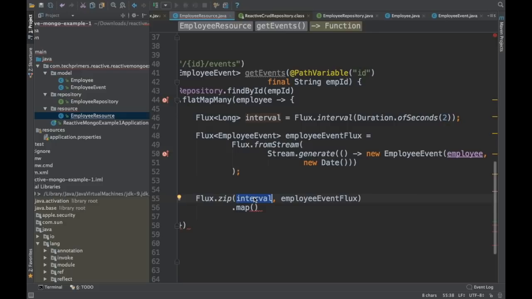So that is when the zip is used. You have to have two separate fluxes and then you can zip them together. So I'm going to have the interval and the employee event flux, but I don't care about the interval because I don't need the data from the interval. So I'm going to say use the data only from the